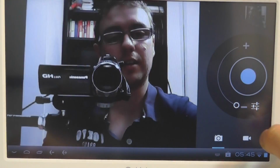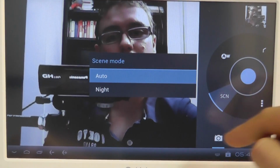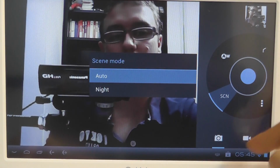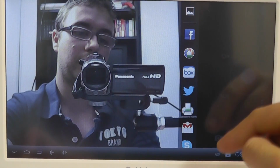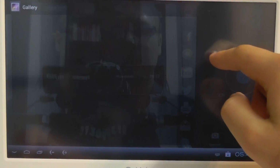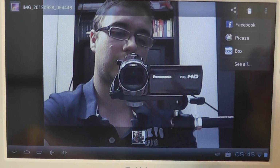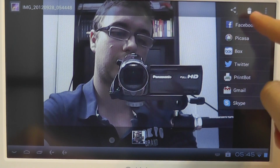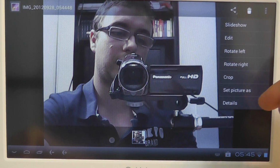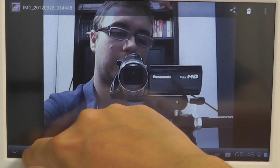And then going back to the still camera, you've got the same sort of options, but you've got a scene mode rather than a time lapse here. You can then go into the gallery and see the pictures you've taken, and then bring it up full screen, share it like you would normally on your social networks or other media, delete it, or indeed have some basic editing options there as well. So if we go back home,